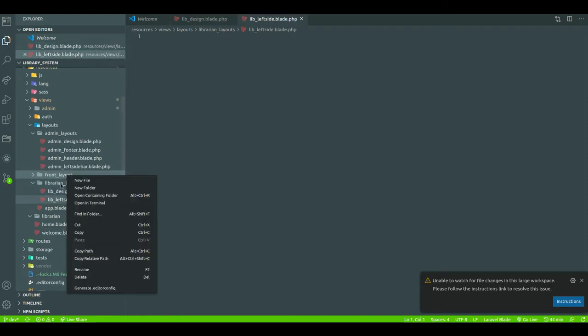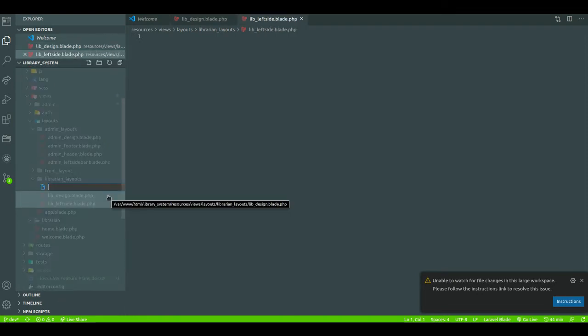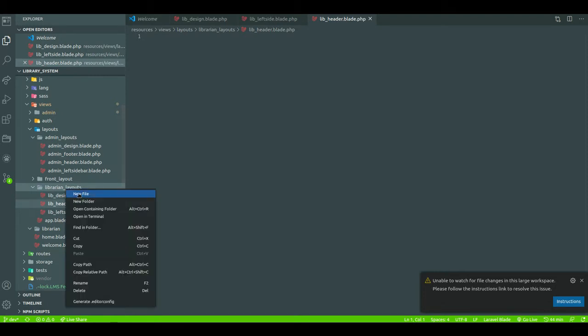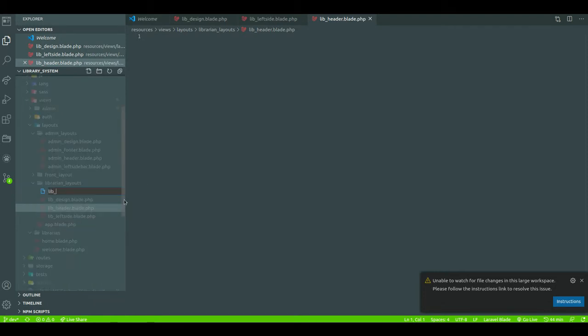So leave design, leave sidebar, and another thing, header and footer also we need. So leave header, and another thing we need, leave footer also.